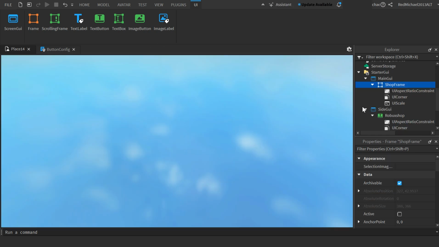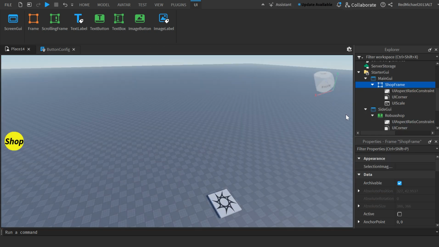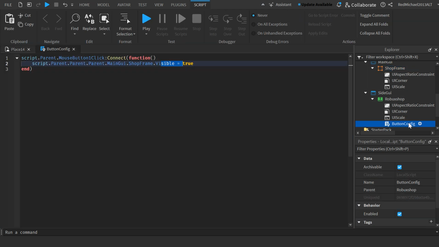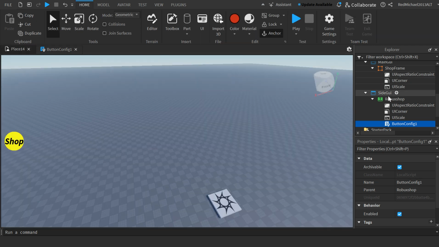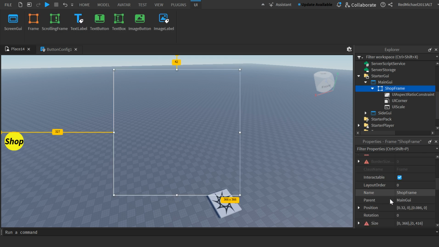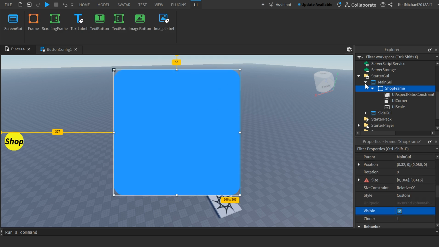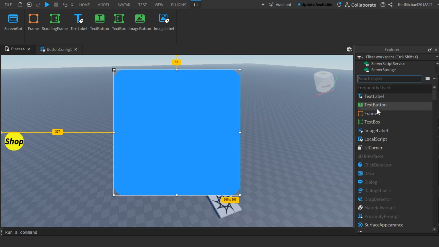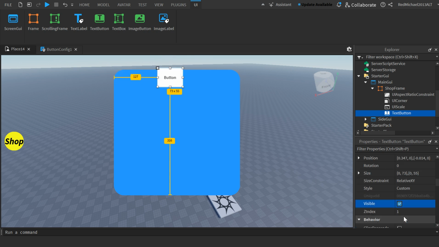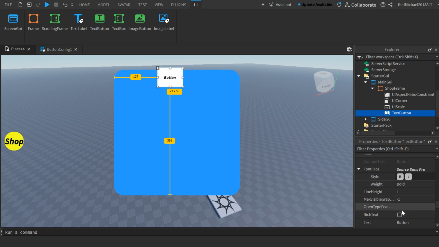So to fix that, what we're actually going to do is not do this one anymore. Rename it to button config 1, because we're going to have multiple of these after. So button config 1, and then we're going to close that, make our shop frame visible again, and then we're going to insert a text button. Make sure it's text. Well, you can do a picture of an X if you want, but this way is just easiest for me. So I'm going to scroll down, get what I want on,